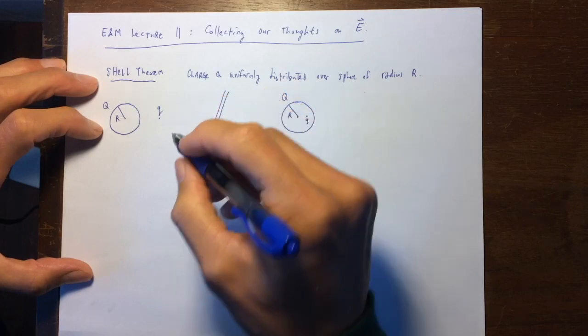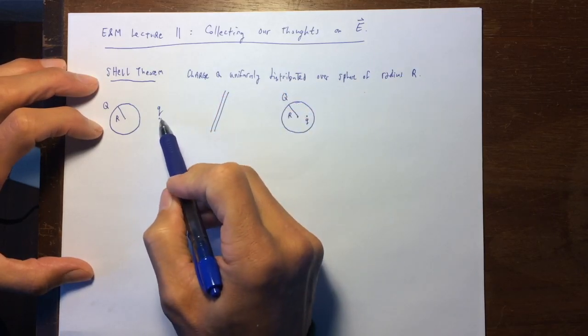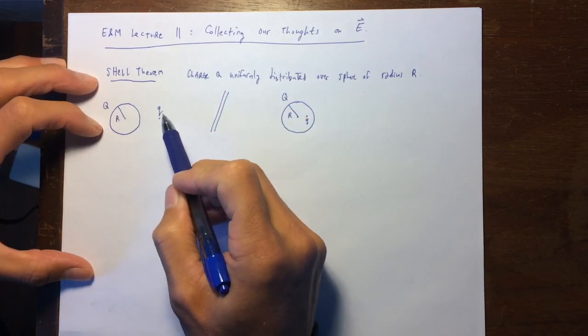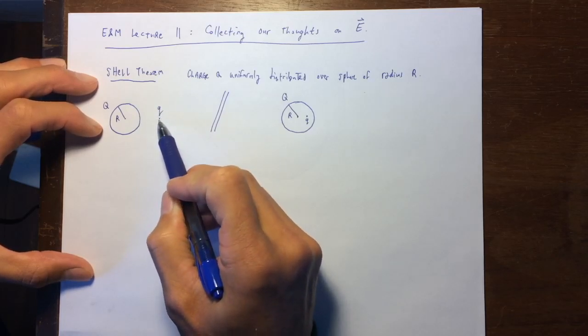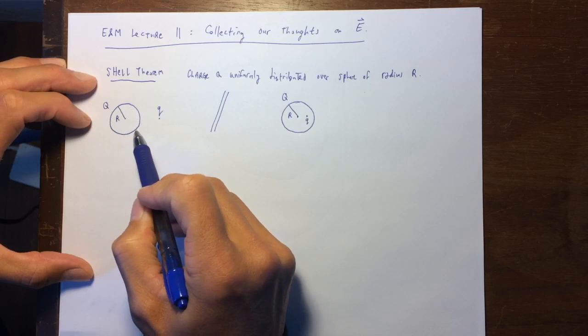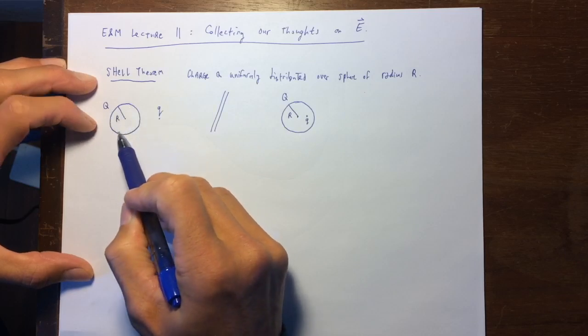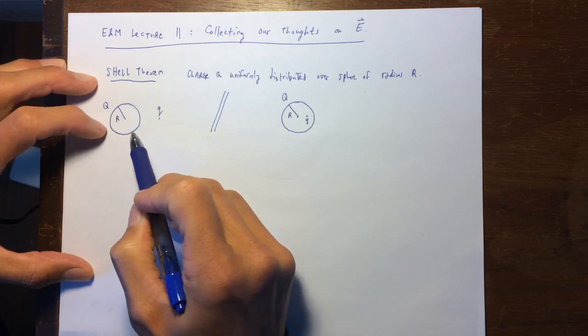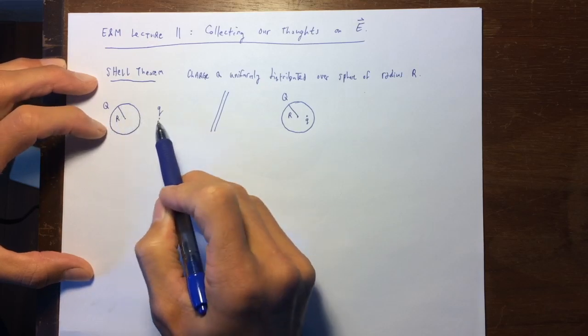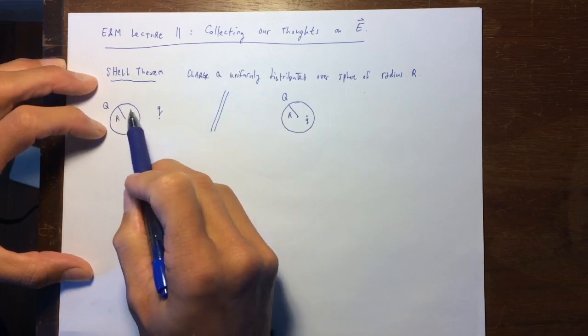It says that if there is a charge, lowercase q, located outside of a uniformly distributed charge over a spherical shell, so little q is outside of the shell,